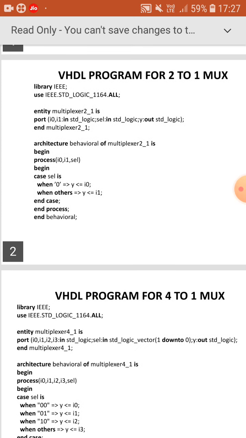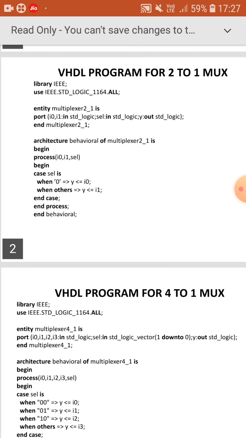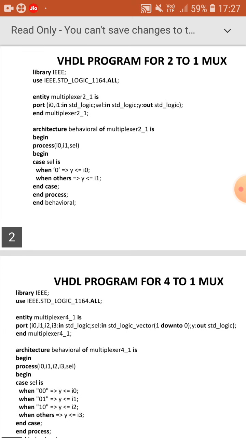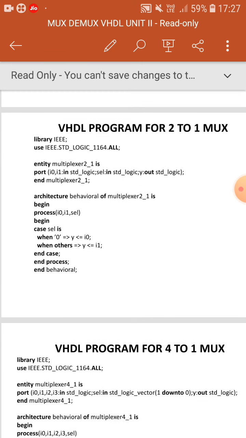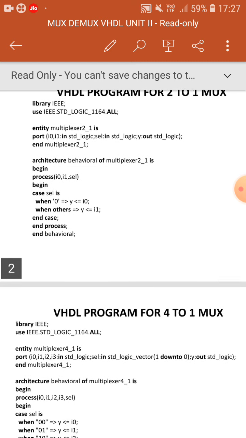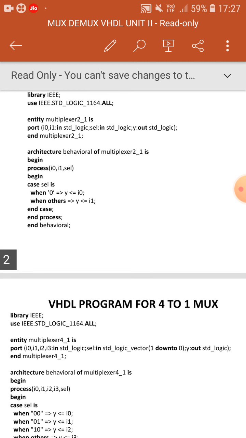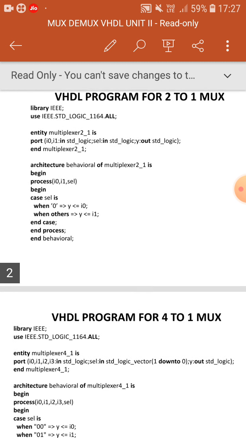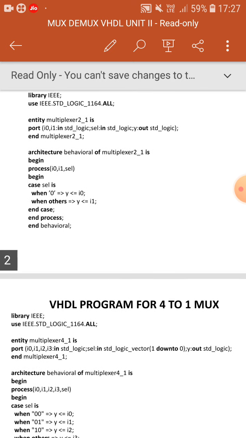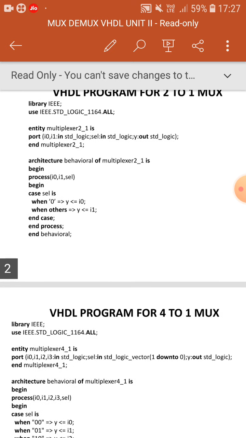Next line port. Next I am declaring input output ports of the 2 to 1 multiplexer. Port, open the bracket. I0 and I1 are inputs. I0 comma I1 colon mode in std logic semicolon. Std logic means standard logic.